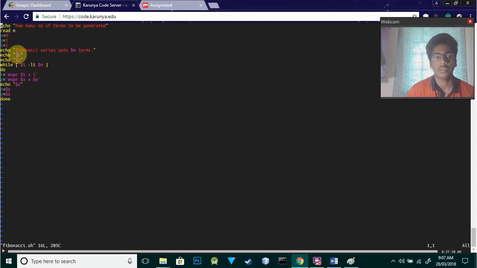These two are compulsory, so we'll just print 0 and 1, and we'll run a while loop: while i is less than n, that is, if 2 is less than the number of inputs, we'll do this. Expression 1 is i plus 1, so we take the value of i, and i plus 1 will make it 3. From here, z will be x plus y, both the values of x and y, and we will echo z. Then we put x equals y and y equals z,